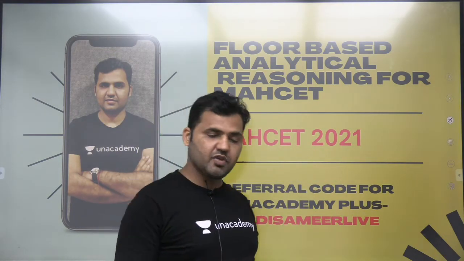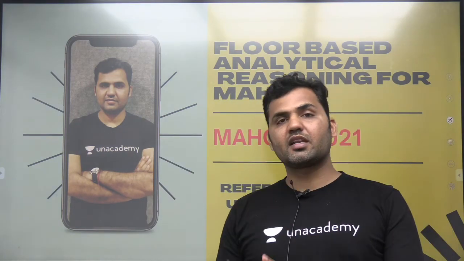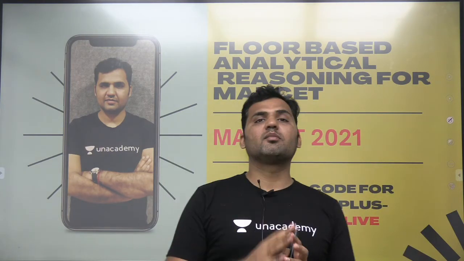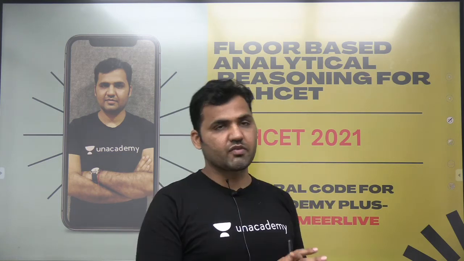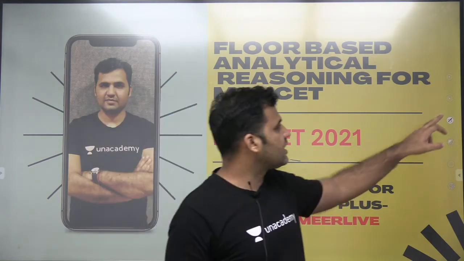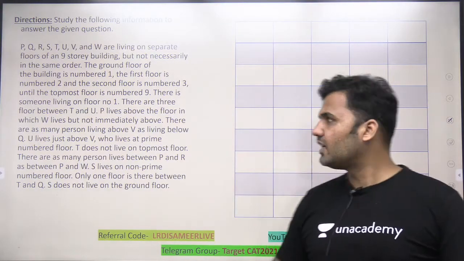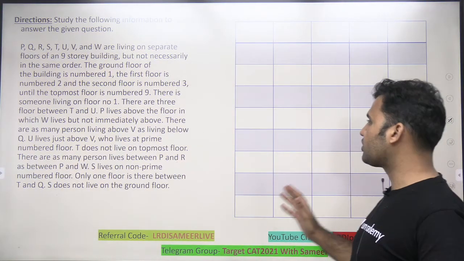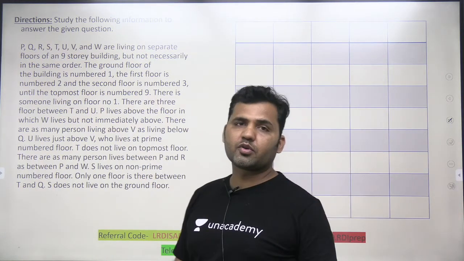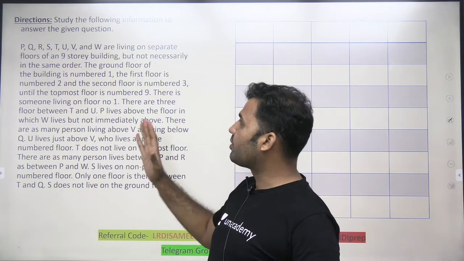If you analyze the previous year paper of Maharashtra CET, you will definitely find one set of analytical reasoning which is based on floors, where a set of people are given to you and you're supposed to arrange them on different floors with the conditions given in the question. The set that I'm going to cover with you today is slightly on a higher side of difficulty, right? It's a difficult set where you're supposed to make a number of cases, but you will get a whole idea how to approach the set of floor-based analytical reasoning.